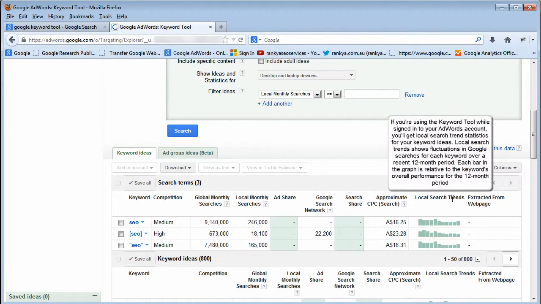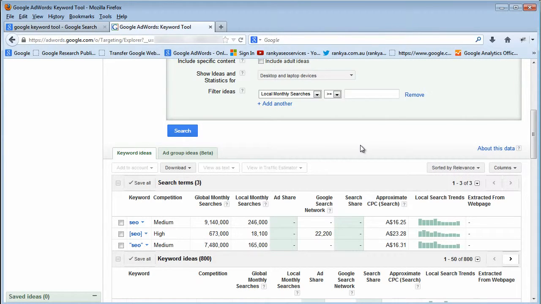Now, local search trends become very important, especially if you have an online business that offers products and services based on seasons, for example, Christmas gifts. If you sell Christmas gifts, then looking at local search trends becomes very important, okay? And if you do not offer seasonal products or services, then perhaps you don't really have to go in depth and learn all that stuff, okay? For our tutorial session, we're going to look at